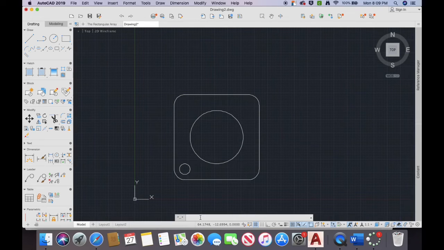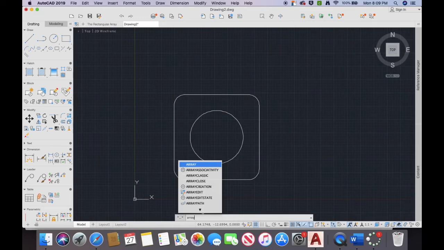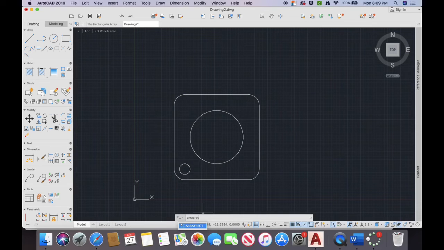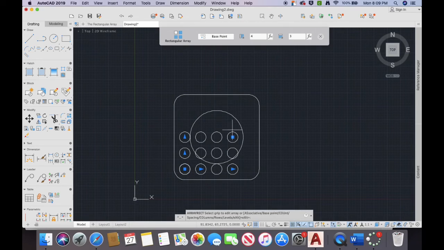And we want to type array and rect, R-E-C-T. Array rect, there it is. Press enter. I want to select this circle by left clicking it and then right click, and there's our rectangular array. If the written instructions tell you to set certain numbers here,